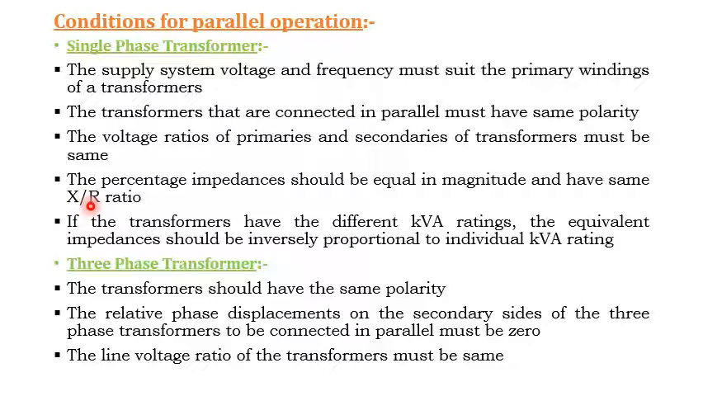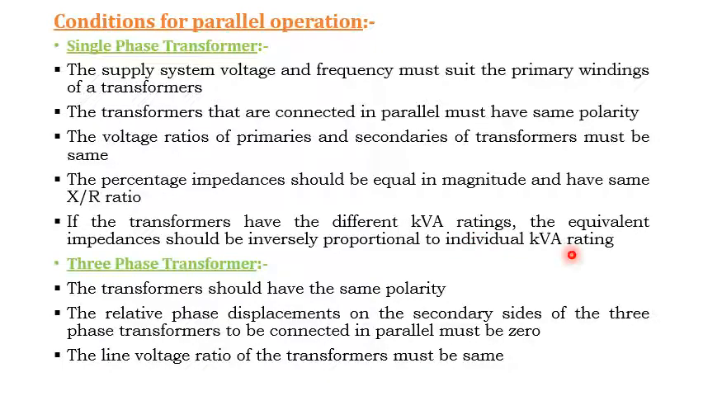So if you consider transformer A and transformer B connected in parallel, the transformer A X by R ratio should match with the transformer B X by R ratio. That means both the transformers' X by R ratio should be the same. Next point, if the transformers have different kVA ratings, the equivalent impedance should be inversely proportional